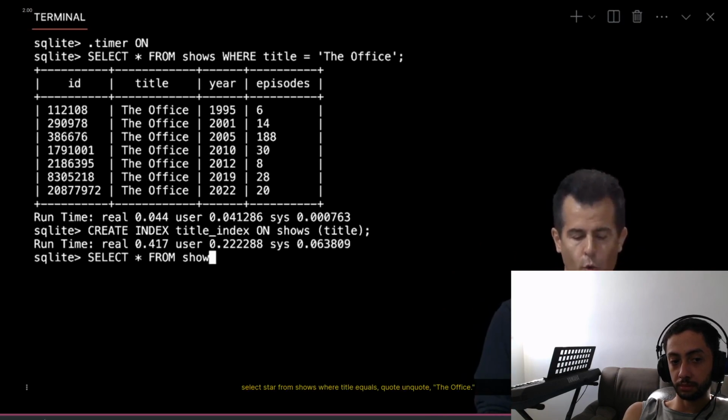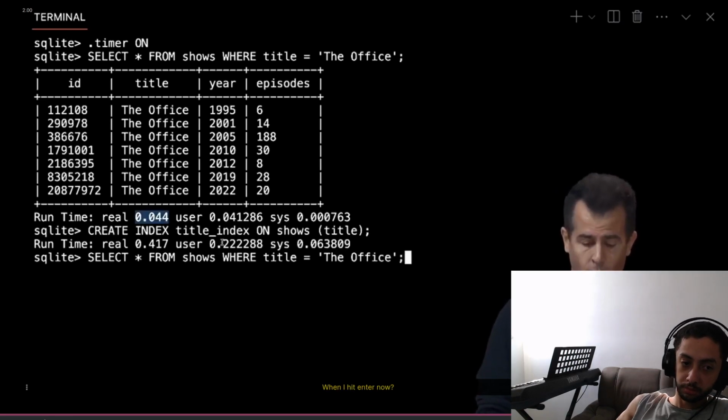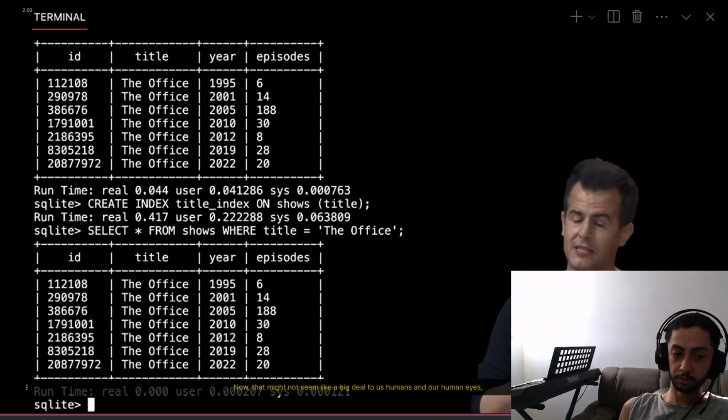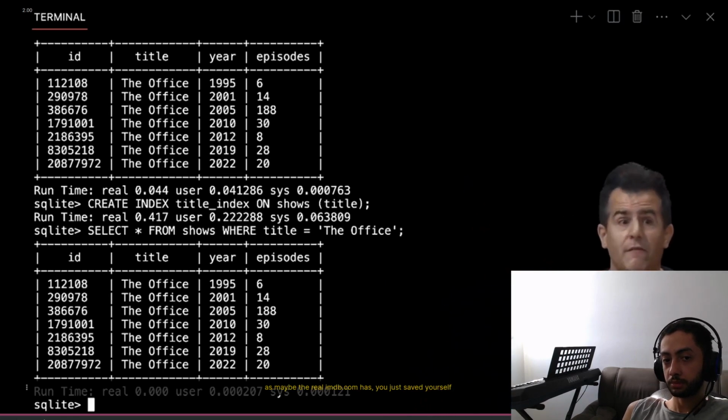Select star from shows where title equals "The Office." Previously, that query took 0.044 seconds. When I hit enter now, boom. I mean, it takes no time at all, or less time than it's even keeping track of in terms of significant digits. Now, that might not seem like a big deal to us humans and our human eyes, but if you've got hundreds, thousands, millions of users, as maybe the real imdb.com has, you just saved yourself a fortune in